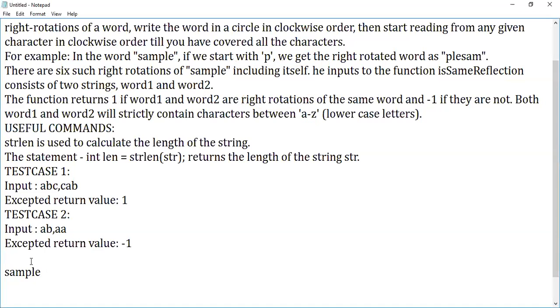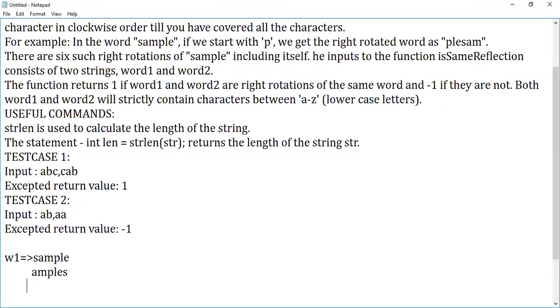If you take this as your given word1, what are the possible right rotations for this word? I can start with A: A, M, P, L, E followed by S. This is one possible combination.